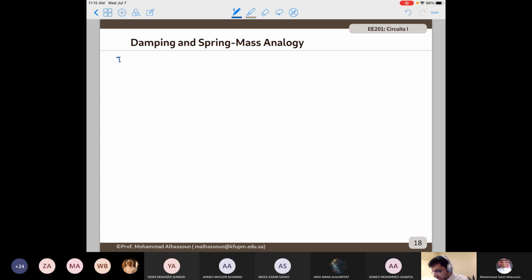The reason I want to present this one is that it is not part of the things you're going to be tested on, but it's always good to have, because in most engineering and science problems, you take a problem that's well understood, well studied in a specific field, in this case classical physics, and you try to implement it in another field, because there are some similarities between them, some similarity in terms of equations. So if you recall,